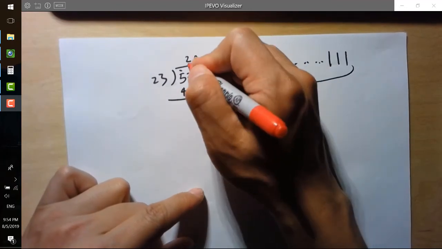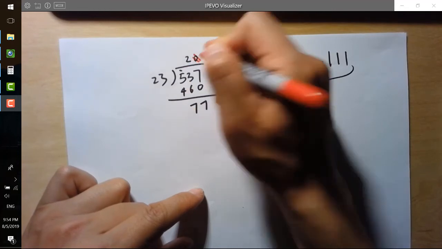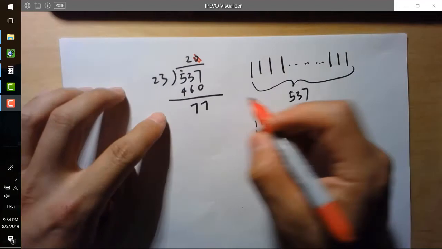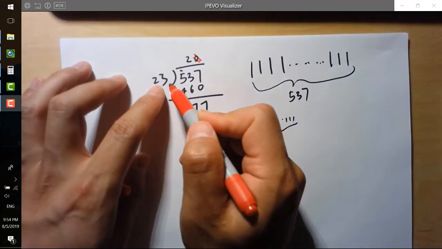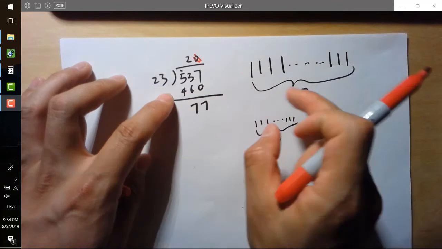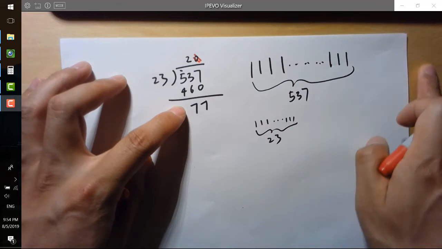So now we know 2 is right at this digit, but 0 is not right. So let's get rid of 0, and now we start dividing 77 by 23. So this is a little left over here after we get 20 groups of 23s. Okay, and now